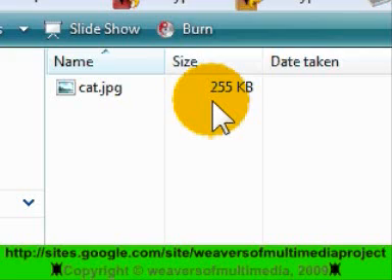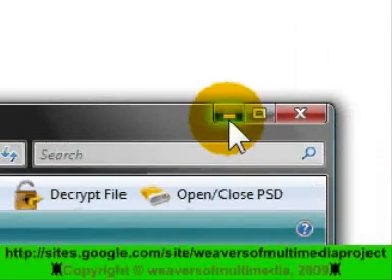So the way we're going to reduce the file size of this image is we'll be using a program called the GIMP. Now, the GIMP is an open source, meaning free program. It's a raster editing program, much like Photoshop is. It's very, very similar to Photoshop. So what you need to do is download the GIMP, and I'll just minimize this for you, and we'll open